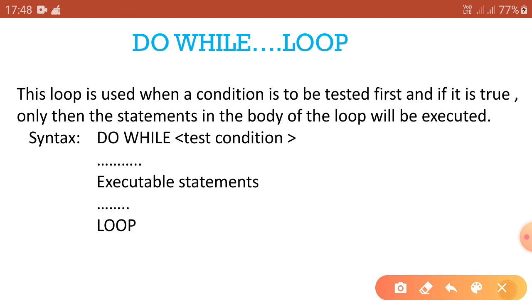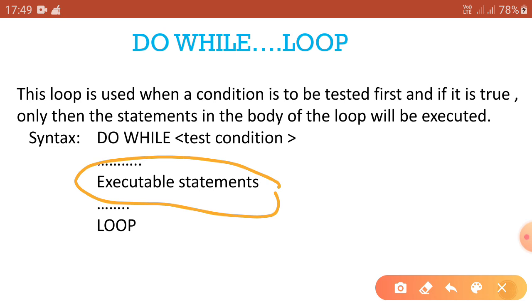Now the statements that are to be repeatedly executed are written between the Do While and Loop statements. That means they are executable statements, and thus constitute the body of the loop. The statements in the body of the loop are executed repeatedly while the test condition is true. When the loop is being executed, one of the statements should set the test condition to false to terminate the loop. If it remains true, it will repeatedly execute the statements, and the loop is then called an infinite loop. So you have to set the condition properly.